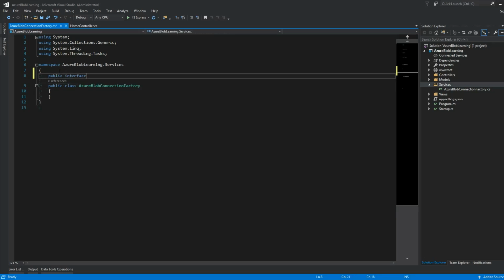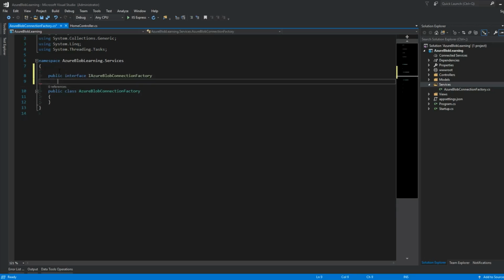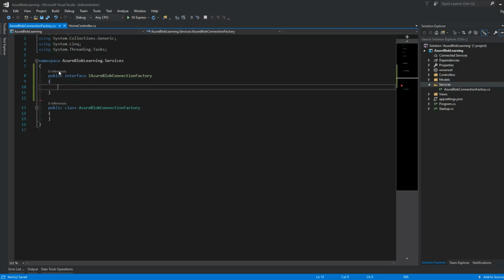I'm going to take this, and this will be a singleton. So just keep that in mind. The first thing I'm going to do is get a client, or I guess I can encapsulate the client. I'm just going to get a container. So let's grab a method called